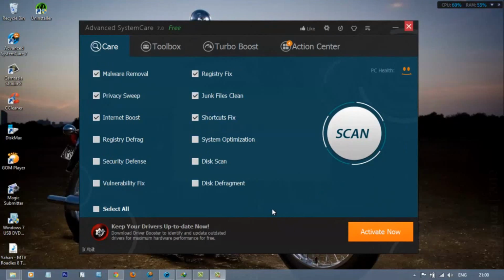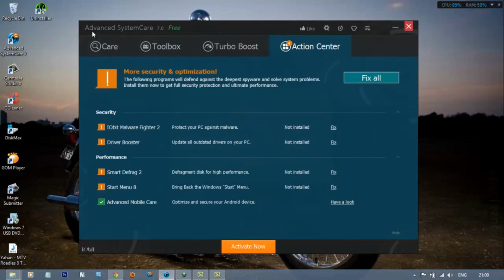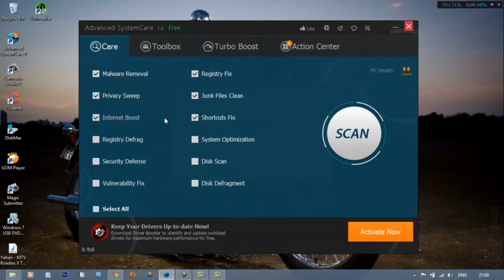As you can see, the main interface is divided into Care, Toolbox, Turbo Boost and the Action Center. To begin with, we'll click on this one-click scan button, which will remove malware, sweep my privacy from browsers like my internet surfing history, then boost my internet connection.